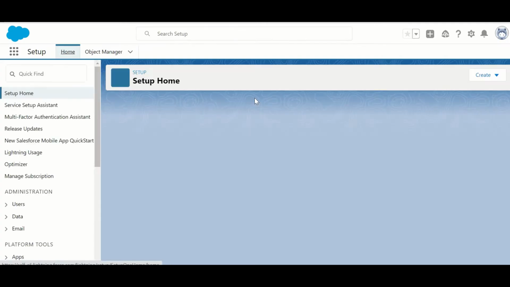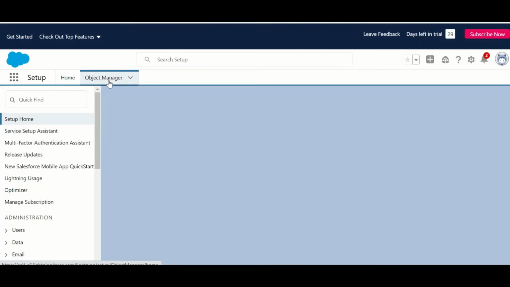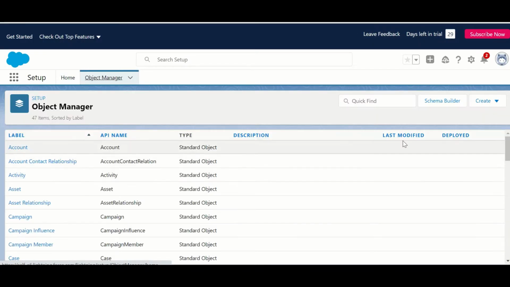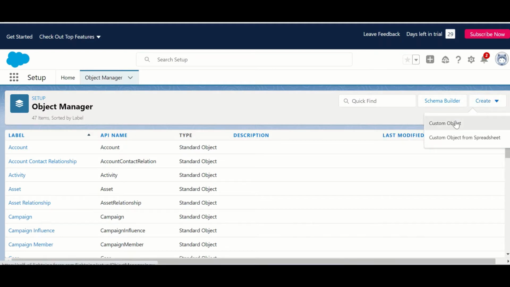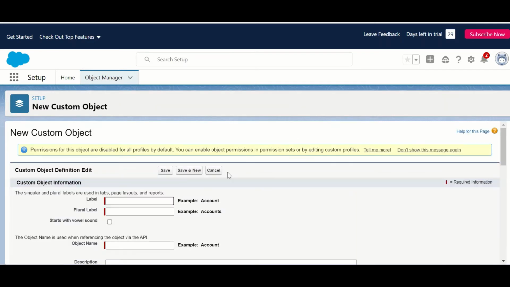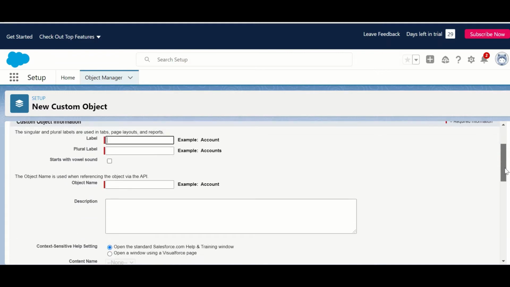So go to the Object Manager. Create one new custom object. Label: Witness. Plural label: Witnesses.